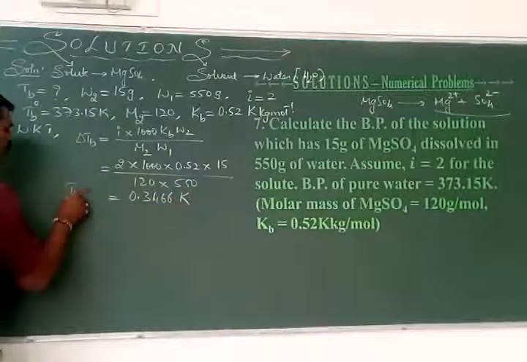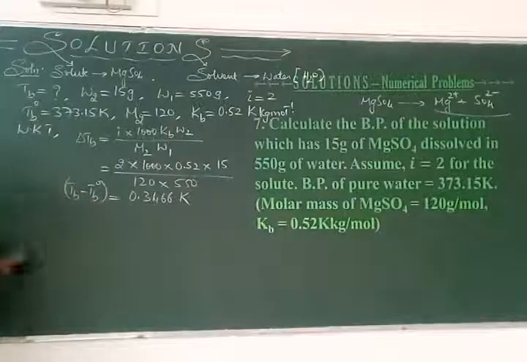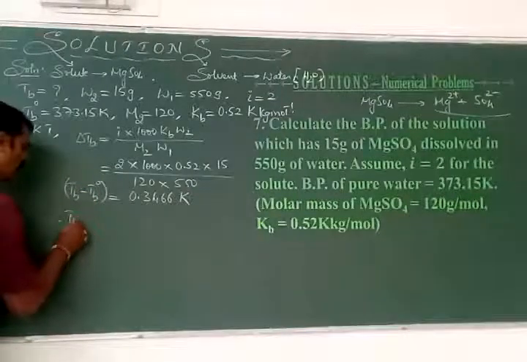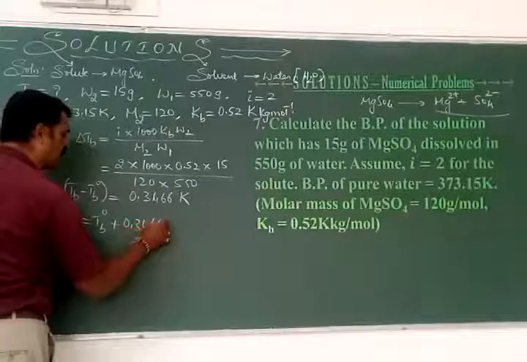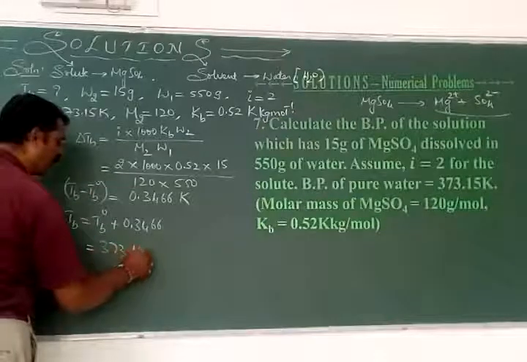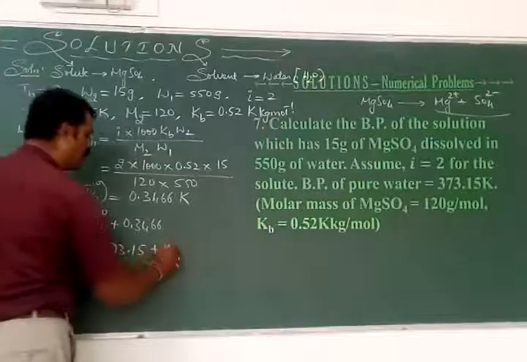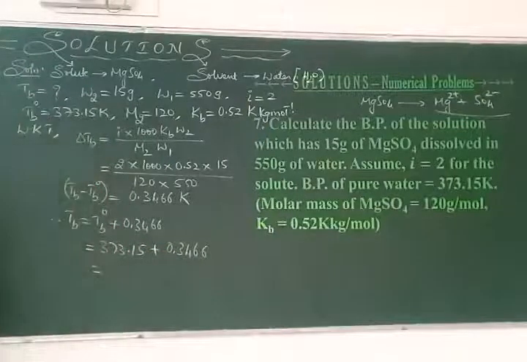But this is actually what minus what? TB minus TB naught. Therefore, what is TB here? TB naught plus 0.3466. What is TB naught already given? 373.15 plus 0.3466. If I add those two, it becomes